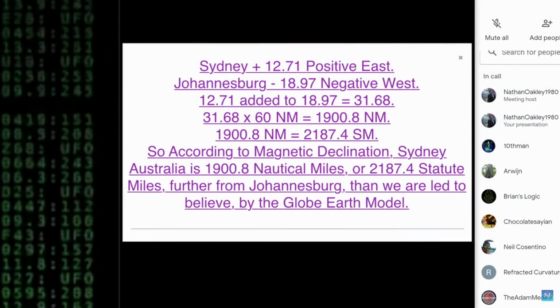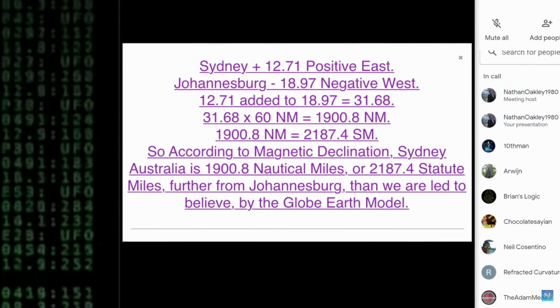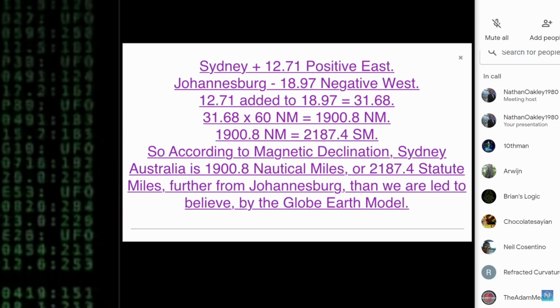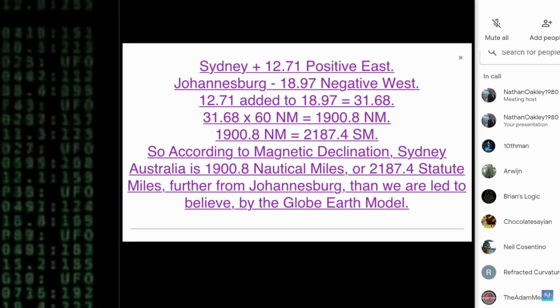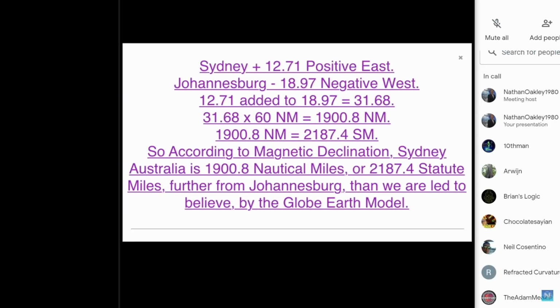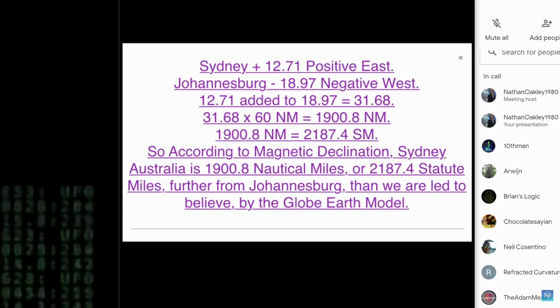So I just put this out here, right? Remember, this is measured in degrees, right? So Sydney is plus 12.71 degrees, positive east. Johannesburg is minus 18.97 degrees, negative west. 12.71 added to 18.97 equals 31.68. 31.68 by 60 nautical miles equals 1900.8 nautical miles. 1900.8 nautical miles equals